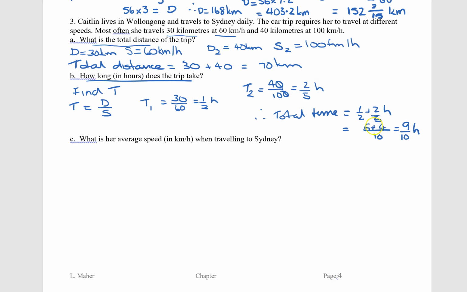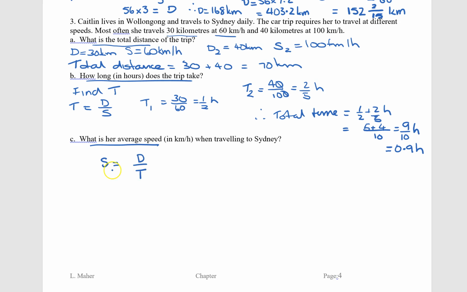Okay, I just got a common denominator between the 2 and the 5, which is 10, so it's 5 plus 2 2s are 4, so it's 9/10 of an hour. And you might see that written as 0.9 of an hour. C says, what is her average speed? So speed is distance divided by